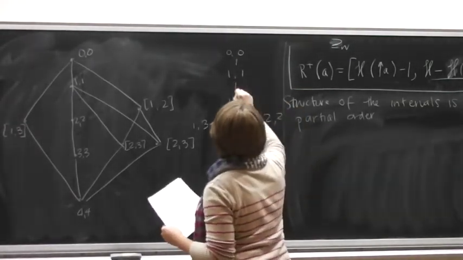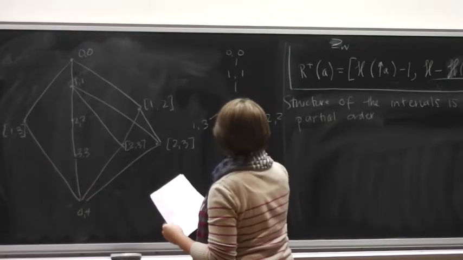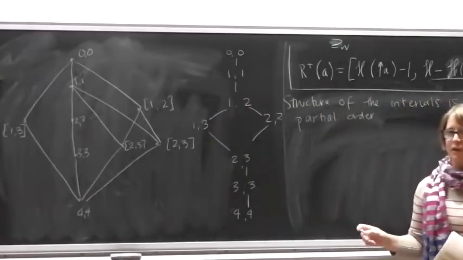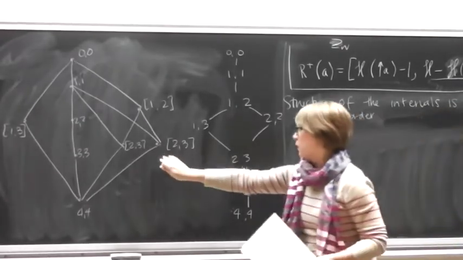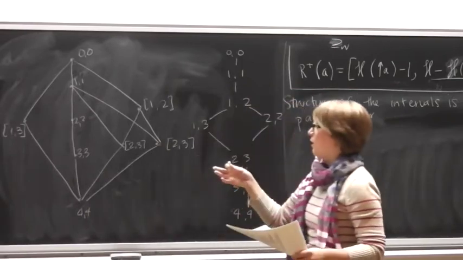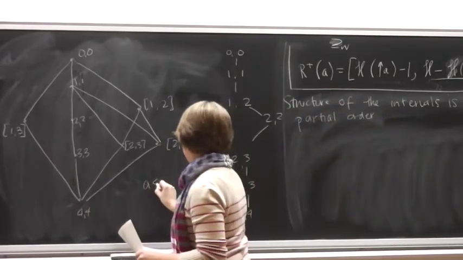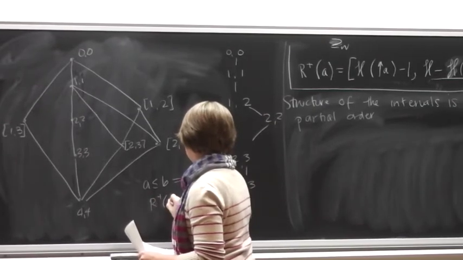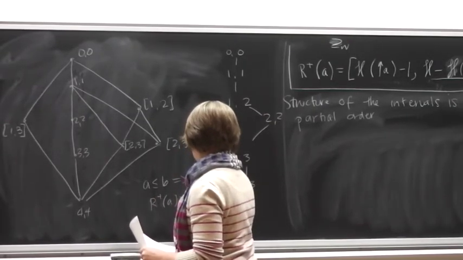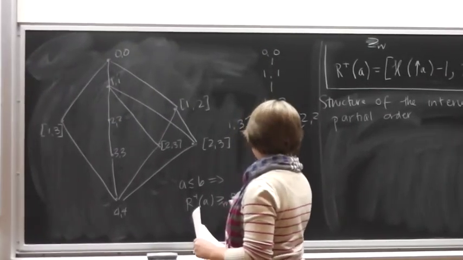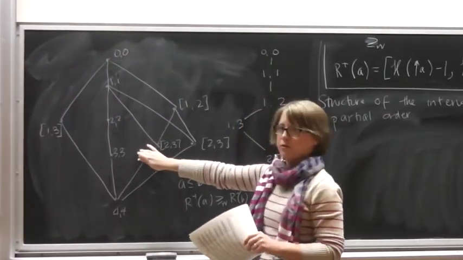And this forms our partial order of the new intervals. And these, because of the definition, because we have to have A less than or equal to B implies R plus of A with the weak order greater than R plus of B. We know that the relation over here in